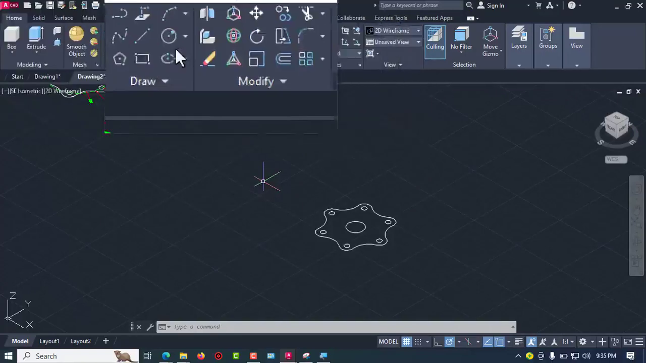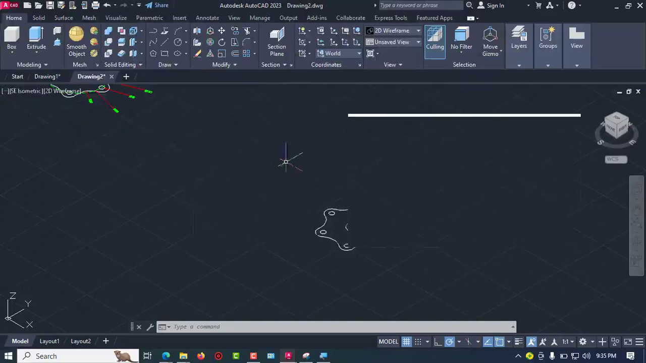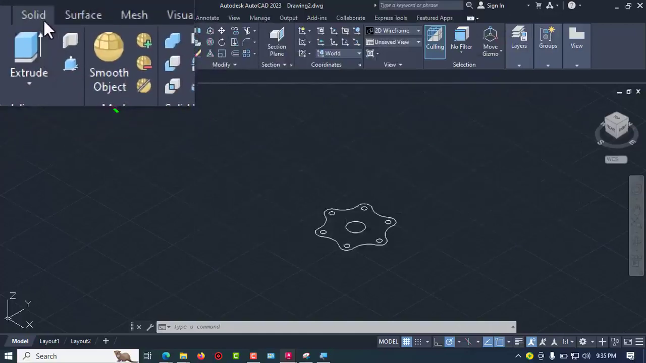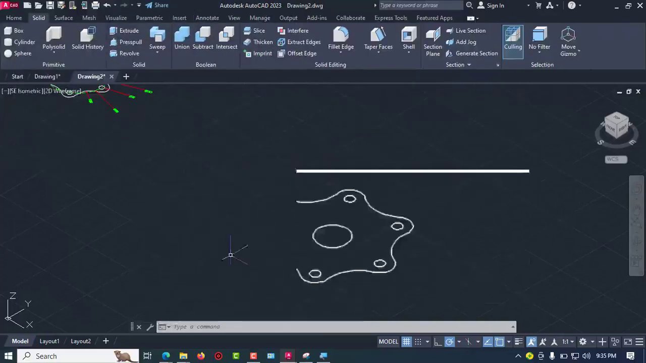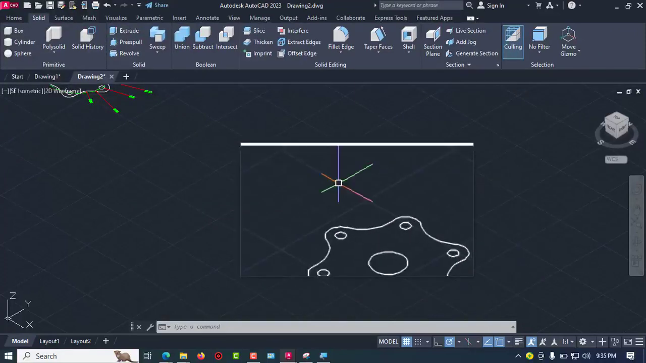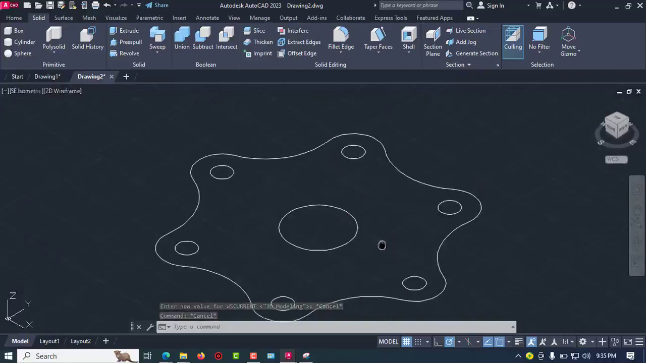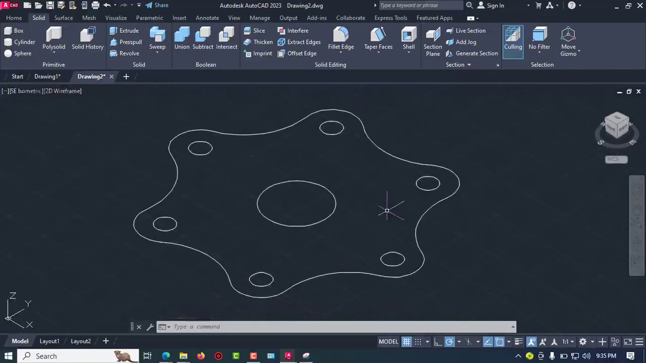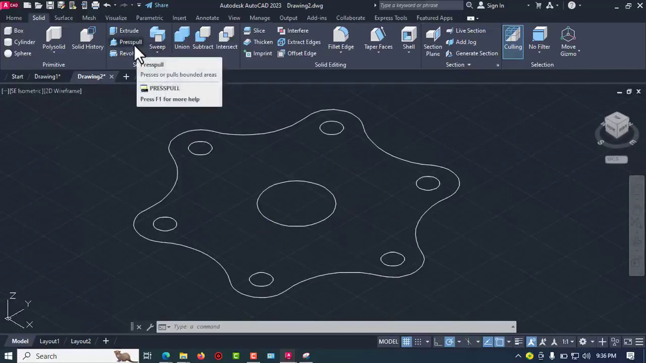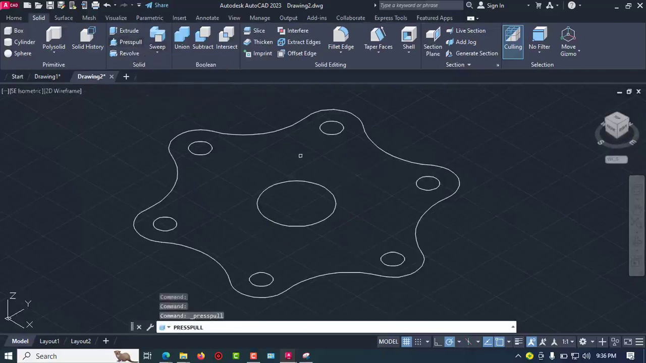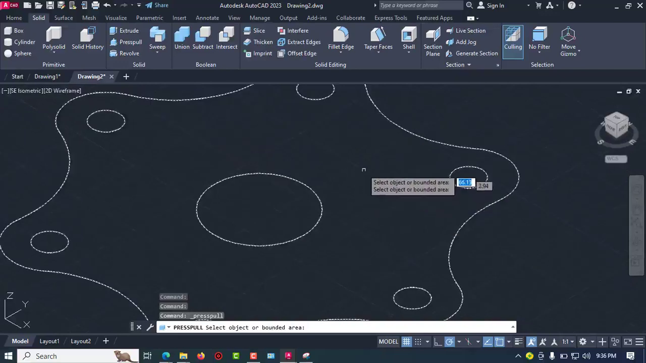So these are the 3D tools I have here. Now I can come to solid, and you see lots of tools I can use in doing 3D design. For this, I just want to do a simple 3D drawing. I will use only one 3D tool, which is the presspull tool. Click on the presspull tool and select the boundary area. I will select this point just inside here, inside this internal point,